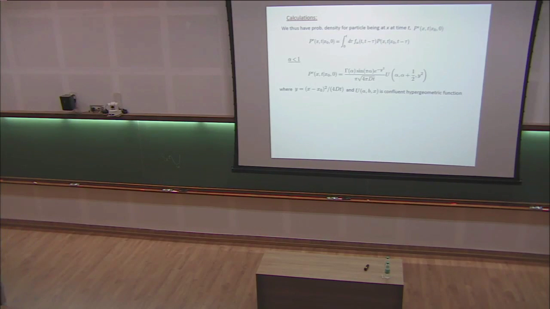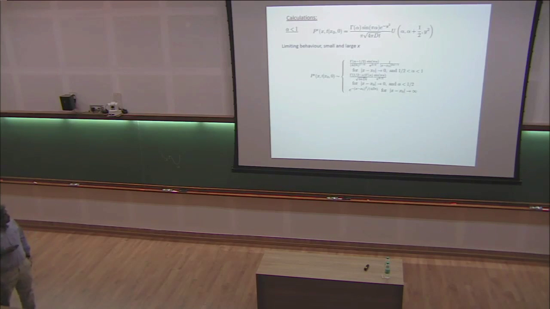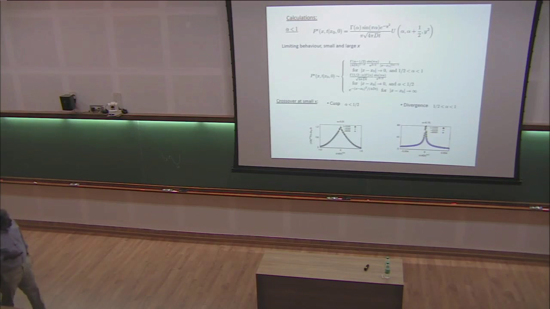Okay, and the way one understands this is that because of the power law distribution here between two successive resets, the gap, the time between two successive resets, the mean of this one is infinite. Therefore, you have many situations in which two consecutive resets are very far from each other, therefore allowing the particle to go very fast. So you do not have a steady state for alpha smaller than 1, and you can look at the extreme behaviors, and there is something more interesting happening here.